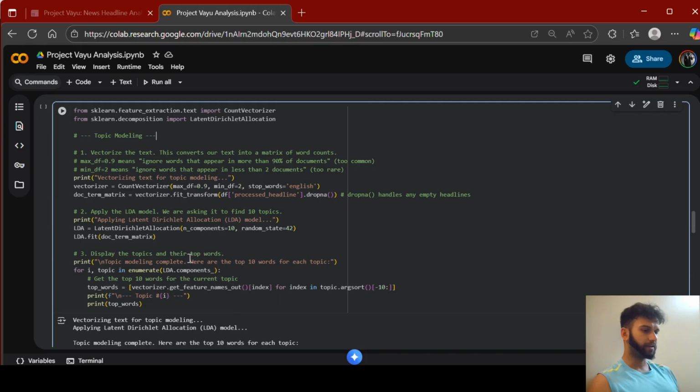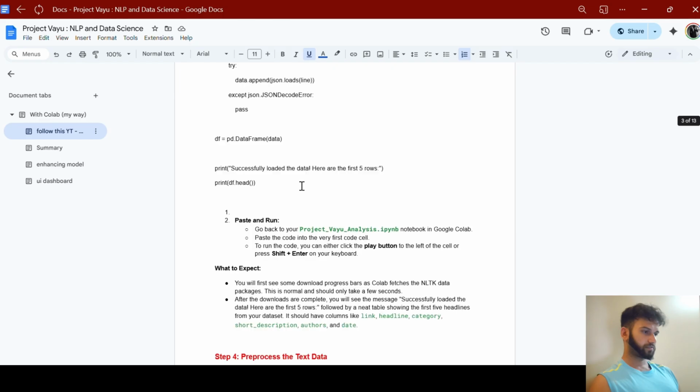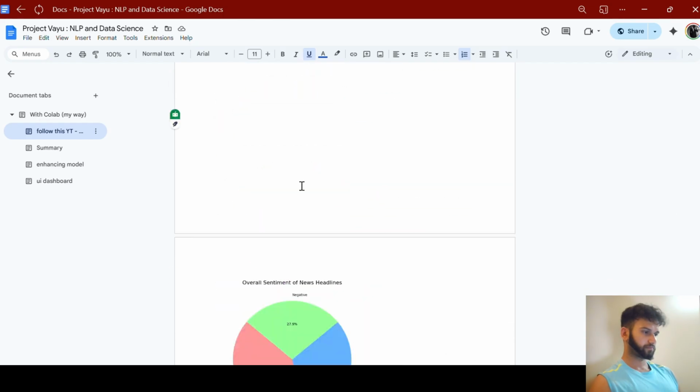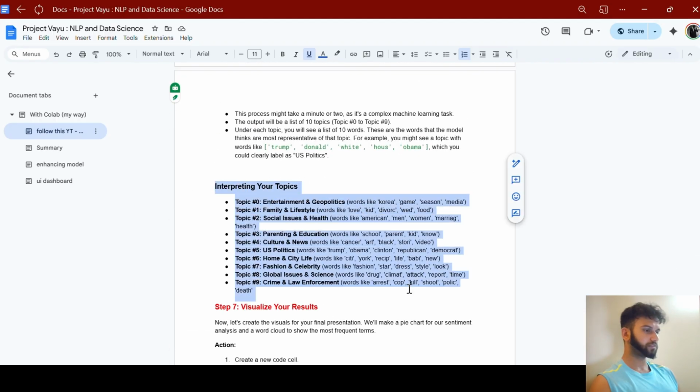आई विल शो यू. एलडीए क्या करेगा कि इन सबको लेकर के 10 ऐसे मेन टॉपिक्स निकालेगा जिसके बेसिस पे क्लासिफिकेशन और इजी हो जाएगा. फॉर एग्जांपल आई शो यू. In this, what we have done. This is my blueprint actually, which I follow. See this one topic: entertainment and geopolitics.